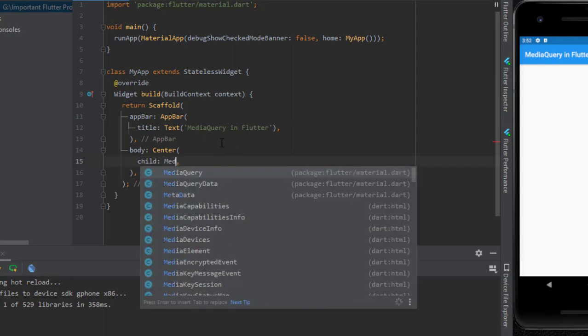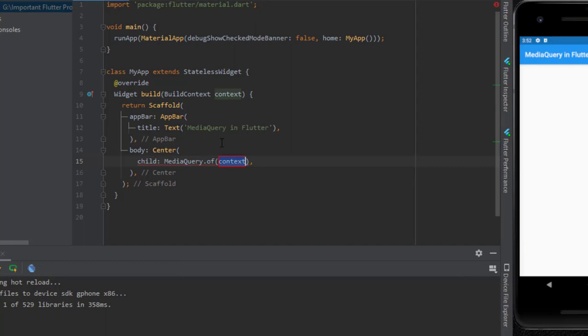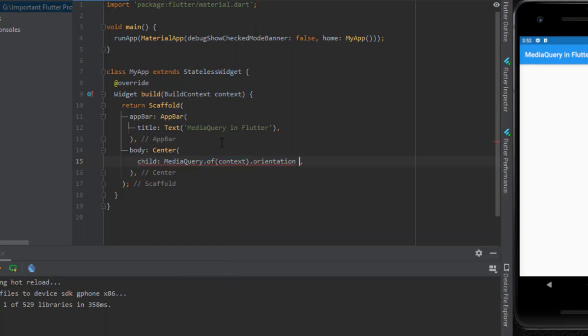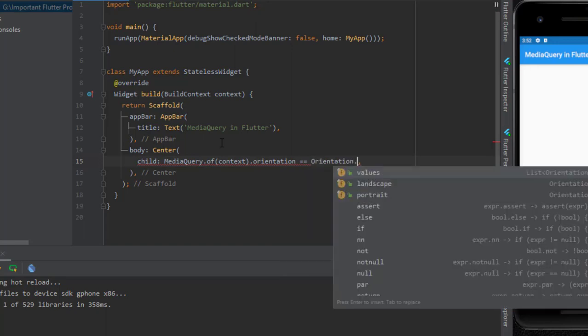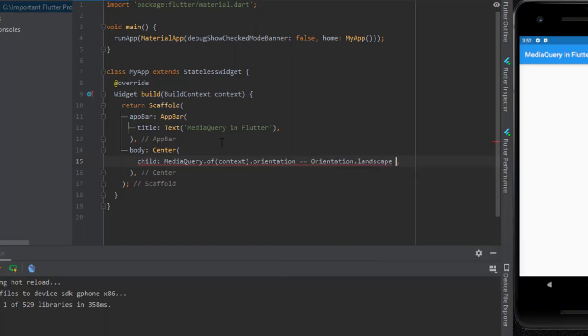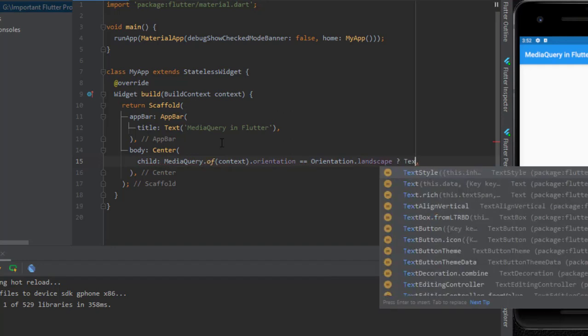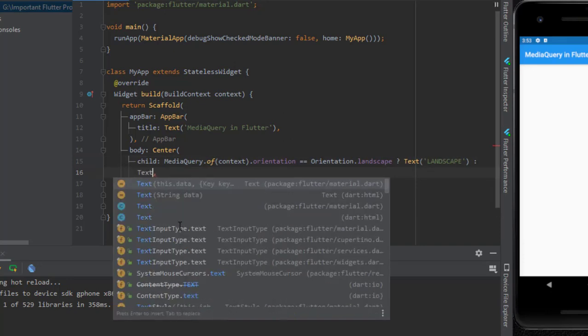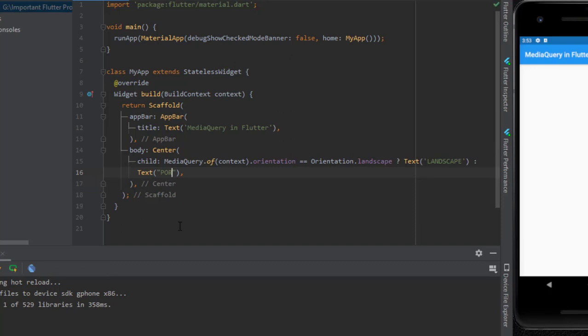You can check via MediaQuery.of(context), which is the required parameter, .orientation equals Orientation.landscape, display the text landscape. Otherwise, display the text portrait.